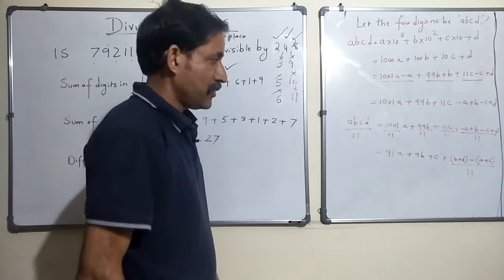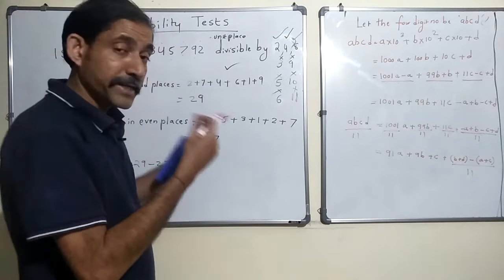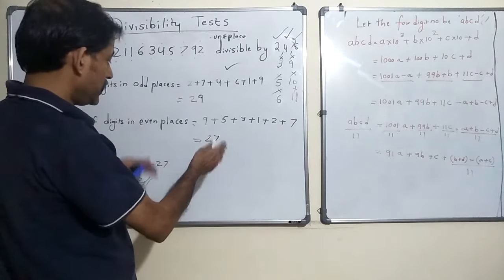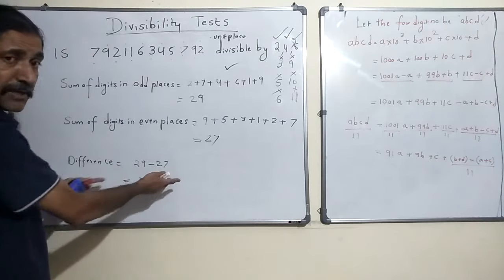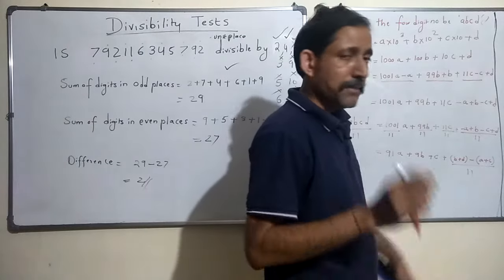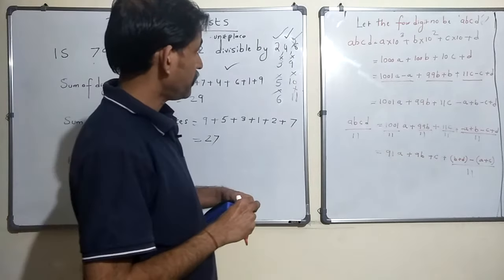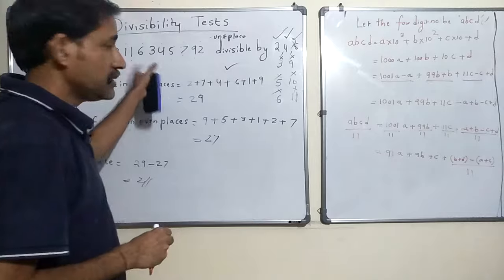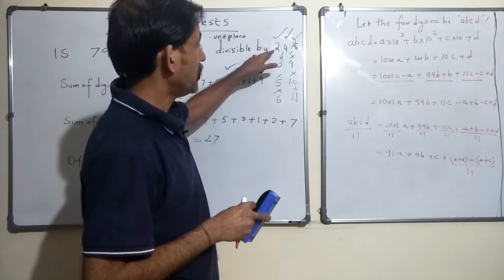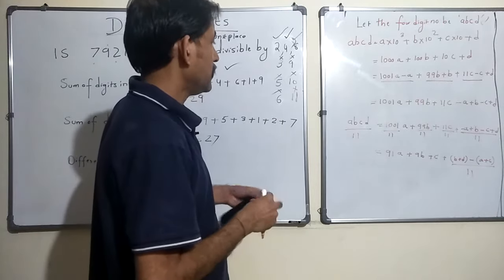Correct? So this is how we actually arrive at the divisibility test, that we have to add the digits in the even places, add the digits in the odd places and subtract. It doesn't matter, it can be 27 minus 29 as well, it will become minus 2. Sign is not important. What is important is whether the number is divisible or not. So great. Already today we took one huge number and we learnt about the divisibility tests for 2, 4, 8, 3, 9, 5, 10, 6 and 11, right?